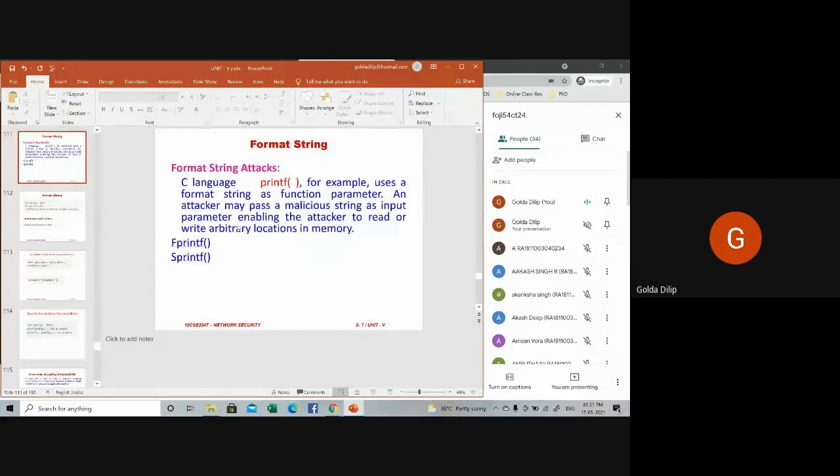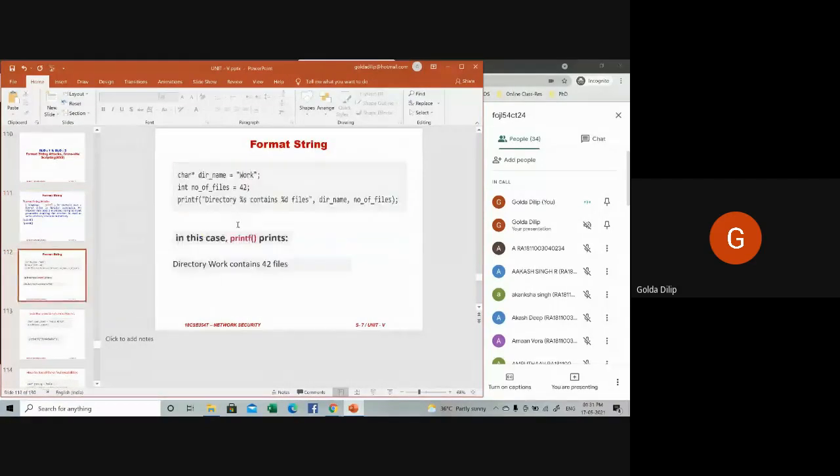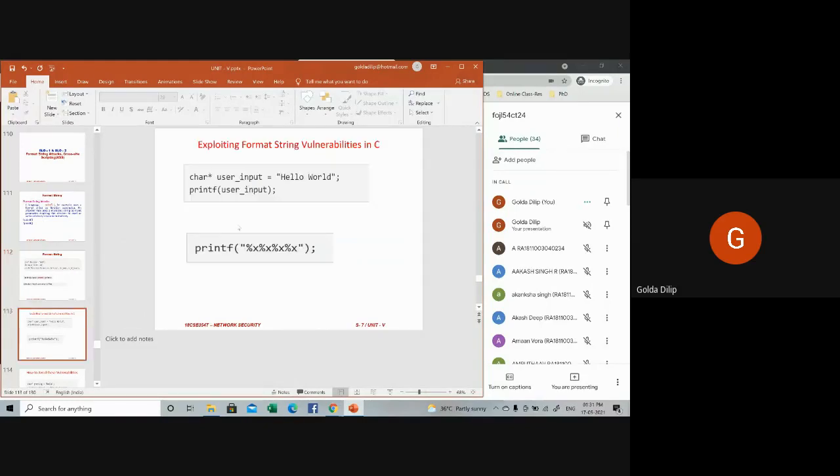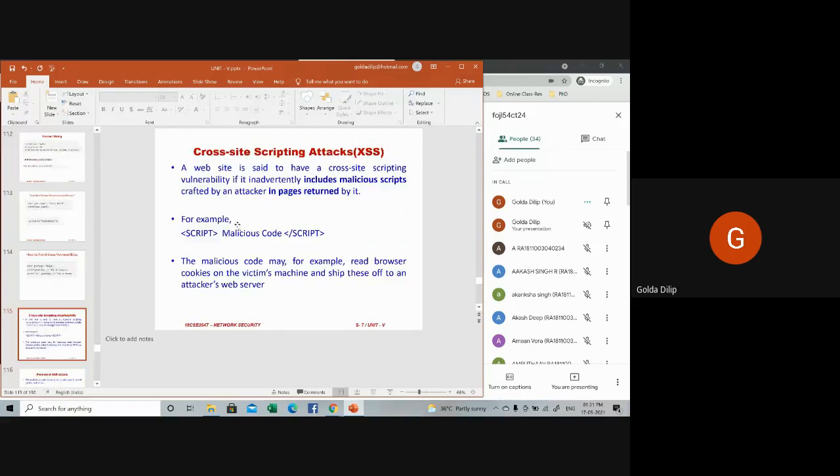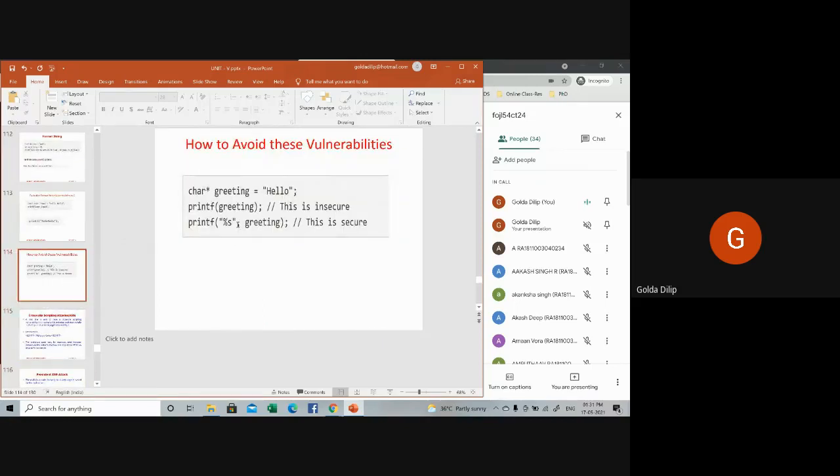That is all about the format string attack: how dangerous a printf statement can be with and without a format specifier, and how to avoid it to some extent. That's what we have discussed.